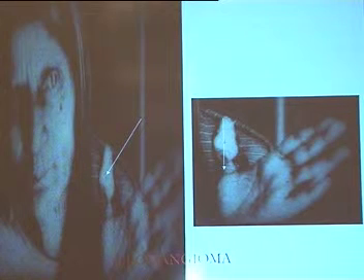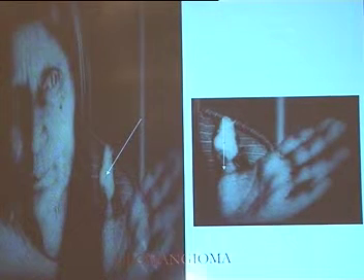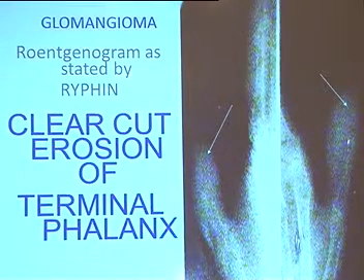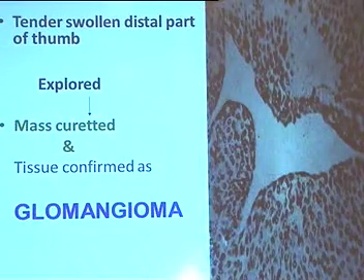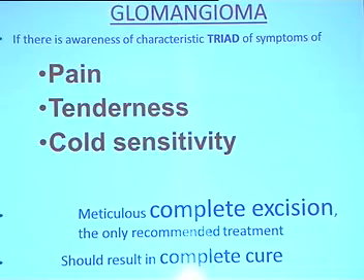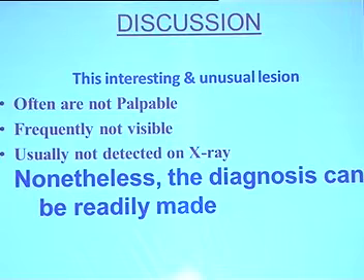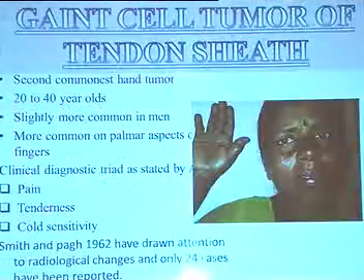The glomus tumor is otherwise called a very small tumor at the tip of the fingers, with pain and swelling. This is an 80 year old lady we treated 30 years back, when I was an assistant professor. Here we have a very small tumor; we tried to curette it first, but it was not cured, so the tip was excised along with a small bony piece. Pain, tenderness and cold sensitivity are the triad of the glomus tumor.